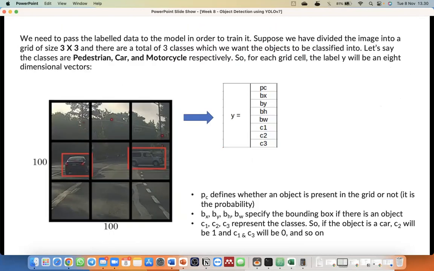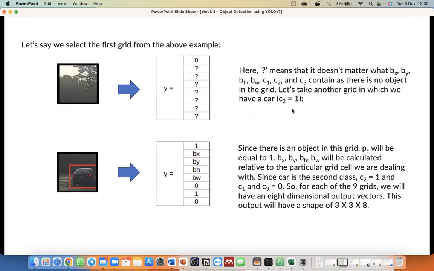Okay, I will explain the meaning of Px, Py, Ph, and Pw in the next slides, because I think it is easier for you to understand with an example. The first thing you need to know is that PC represents the probability that the bounding box contains an object, so it can be 1 or 0, right?